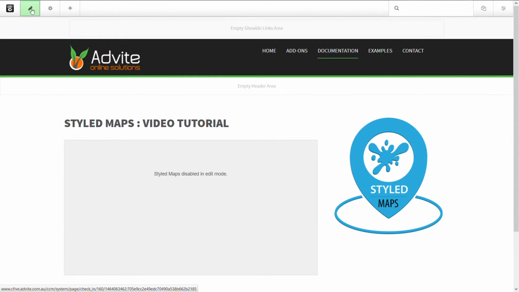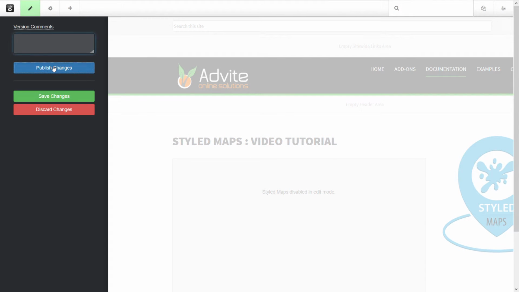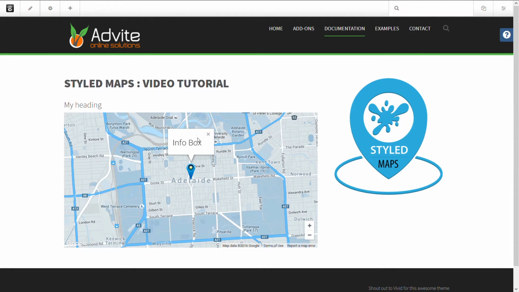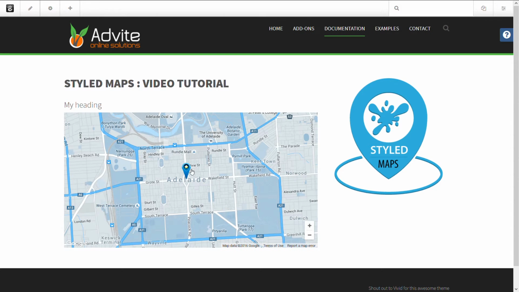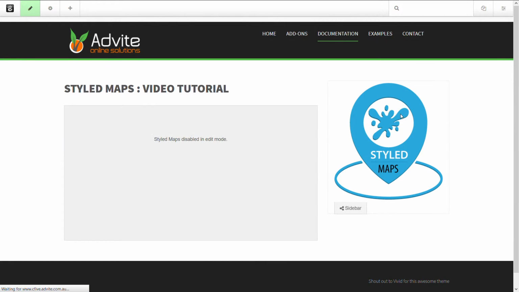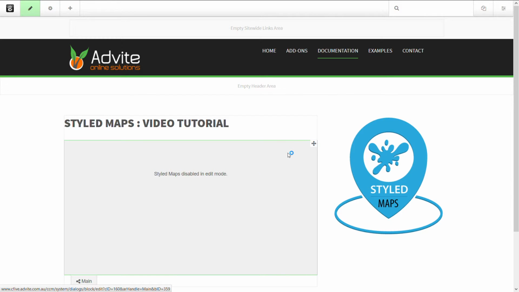and I'll just quickly publish so you can see. Okay, and there you see the info box shows straight away. So this is just using the standard default theme with the marker and the info box set up on the map marker. If I put this back into edit mode, and we'll edit this block,